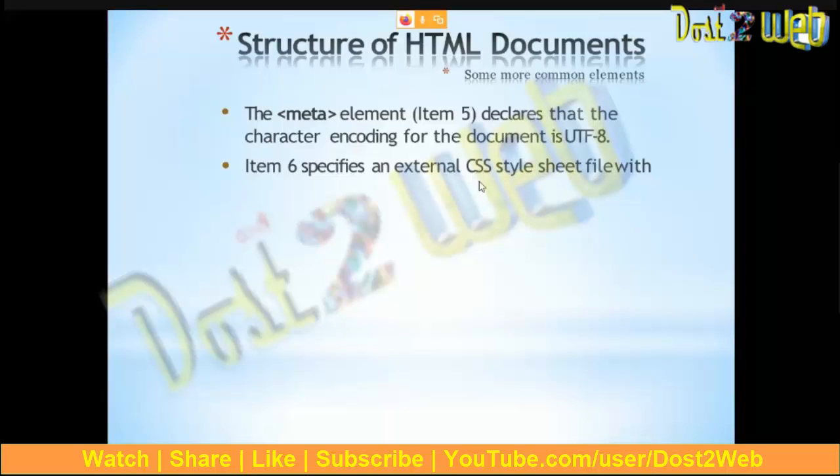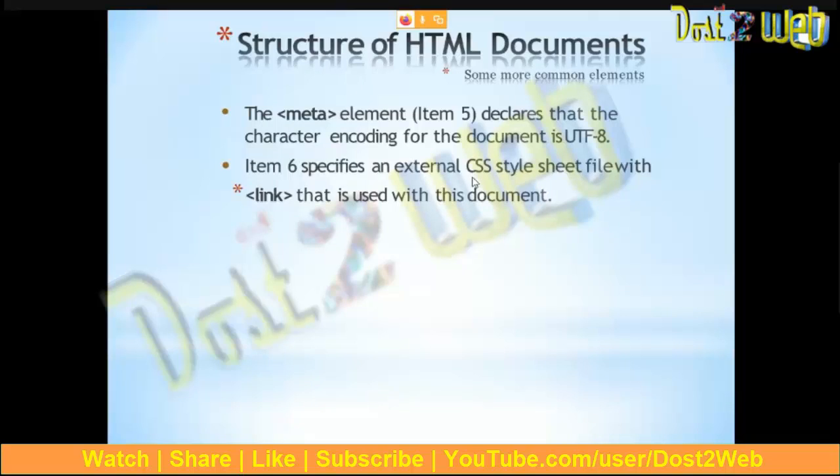There are 2 types of CSS and JavaScript you can add, one internal and one called external. External means you have the code outside of the document and you just link it. Internal means you are defining the CSS and JavaScript in the same HTML document, that is the same HTML page. So for external you have to use the link tag, which is used to connect your CSS file.